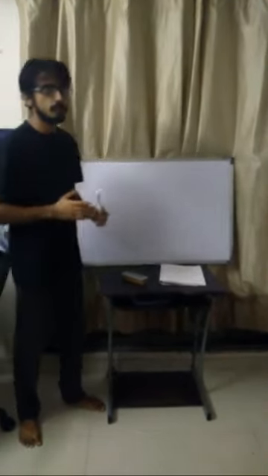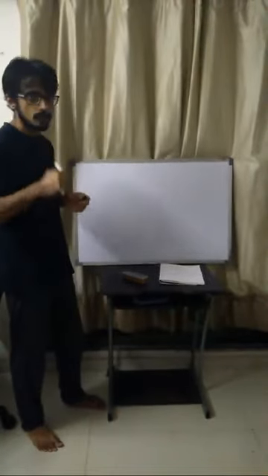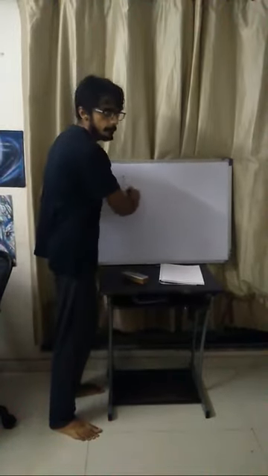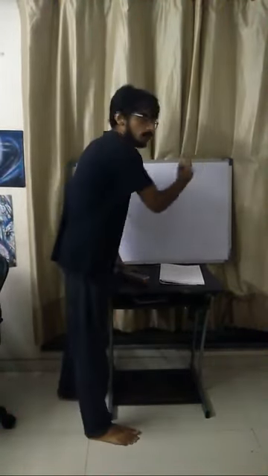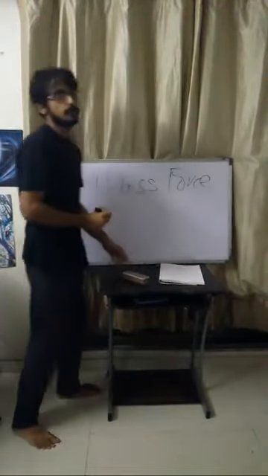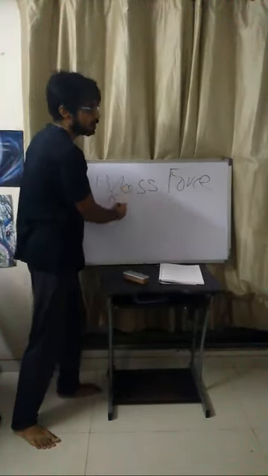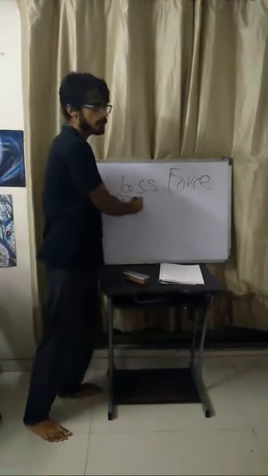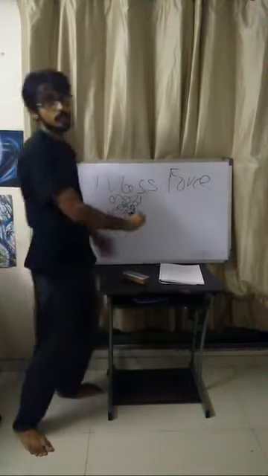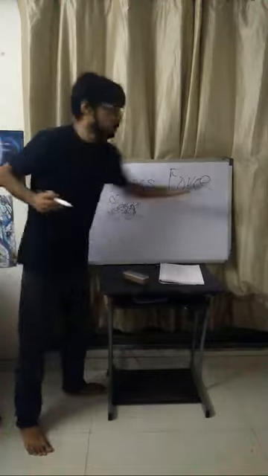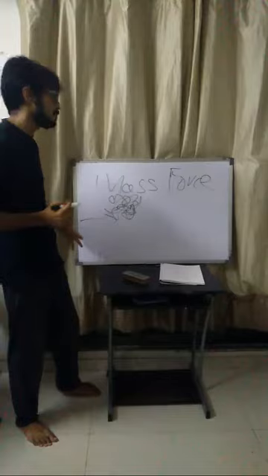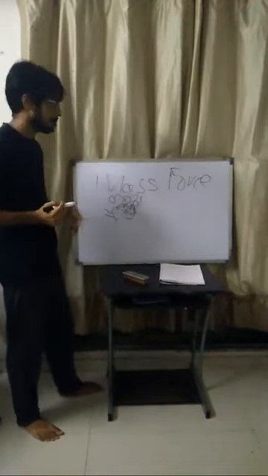Now, for our first video, let's start with force and mass. What exactly is mass and force? It's very simple. Mass is the amount of stuff that something has, right? The more stuff it has, the more mass. And force is the ability to take a mass and make it go at an increased speed. That's mass and that's force right there, right?